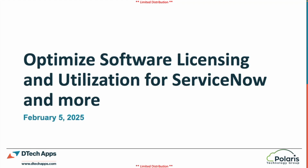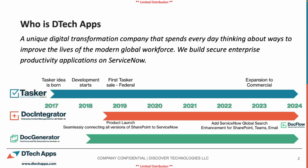First of all, who is DTech Apps? For those of you who have joined us today and are not familiar with DTech Apps or Discover Technologies, DTech Apps is a ServiceNow partner. We've been building applications on the ServiceNow platform for almost 8 years now. We have a deep history in building out solutions and stories in workflow, and born from a deep experience with SharePoint and the Microsoft platform, we became one of the very first build partners in the ServiceNow ecosystem through our